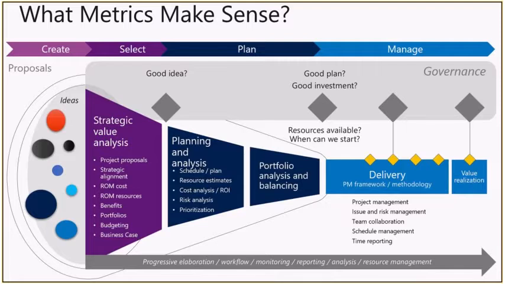So just talking through all of these pieces is going to make a lot more clarity around what you're trying to accomplish in your organization. At the left-hand side of the screen, strategic value analysis. These are the kinds of things that you might be looking at. So what's the proposal look like? How well is it aligned to your organization? What kind of costs do you have? What kinds of high-level resources do you have? And so forth. All those different things that you would need to know about, things that are coming into your pipeline, so that you can tell your customer, your audience, the kind of information that they need to see.